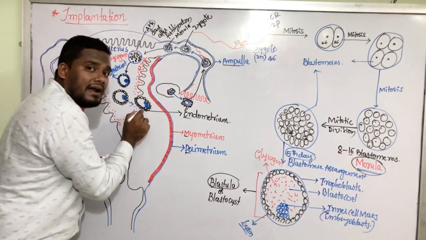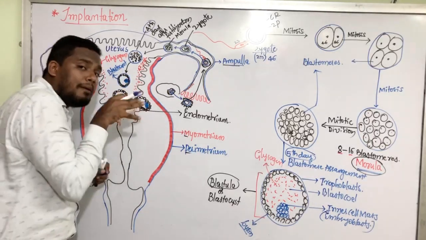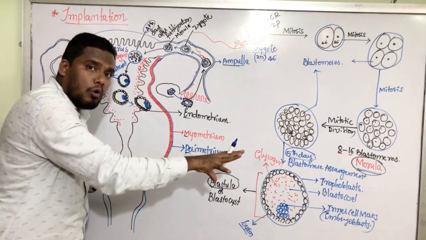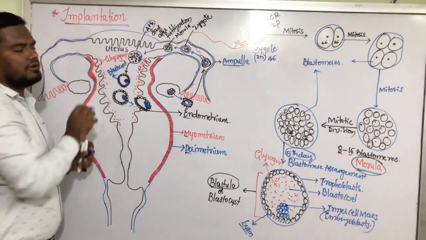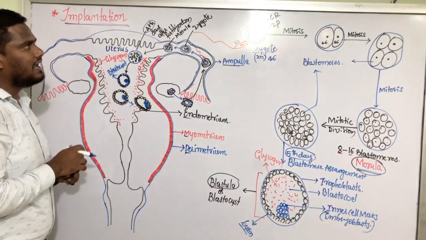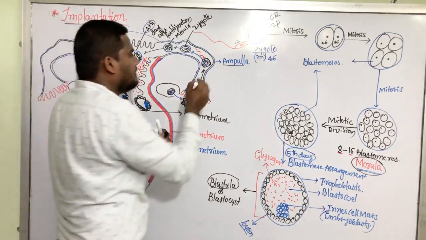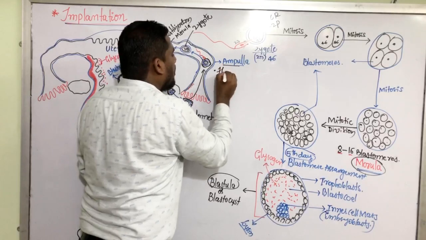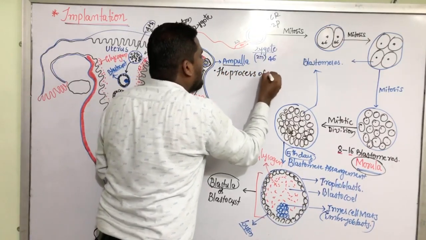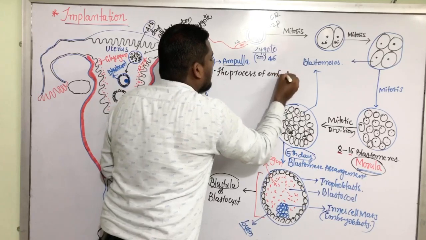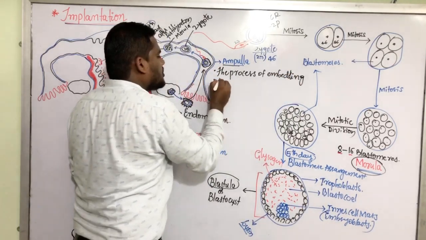What is getting embedded inside the endometrial wall? The blastocyst is getting embedded inside the endometrial wall. This process is called implantation. Then how can we define implantation? The process of embedding the blastocyst